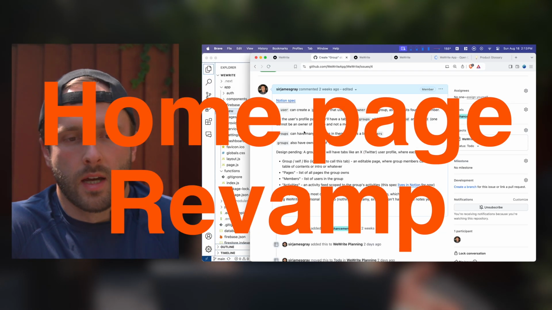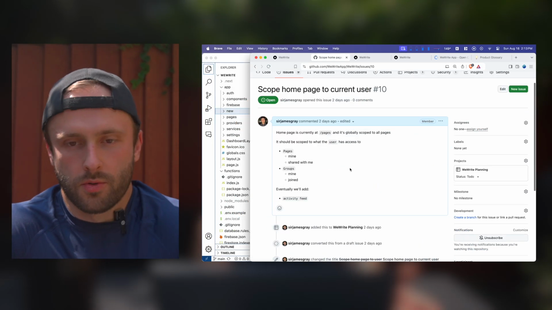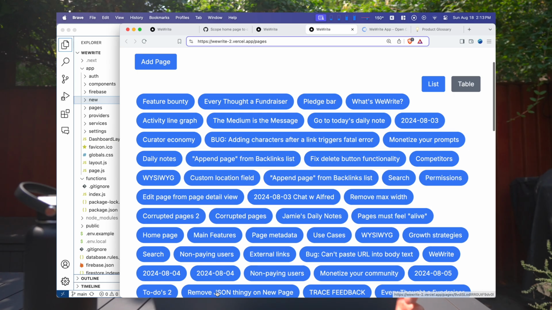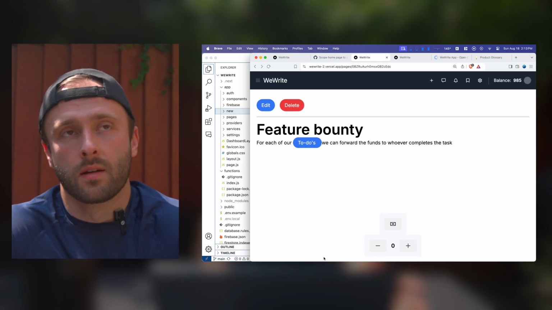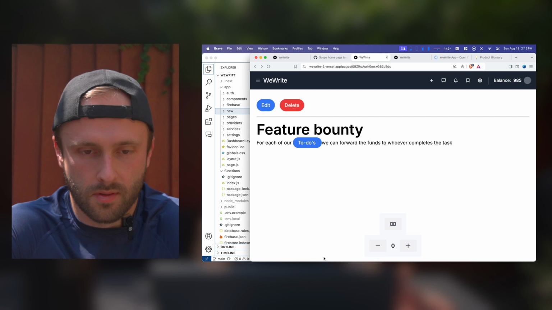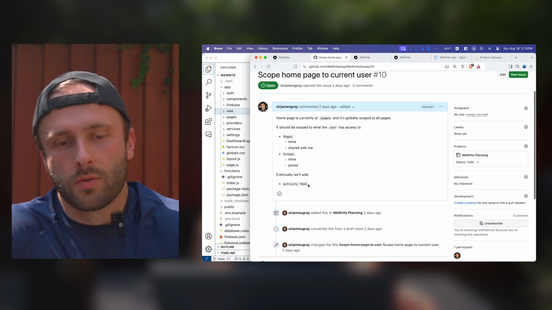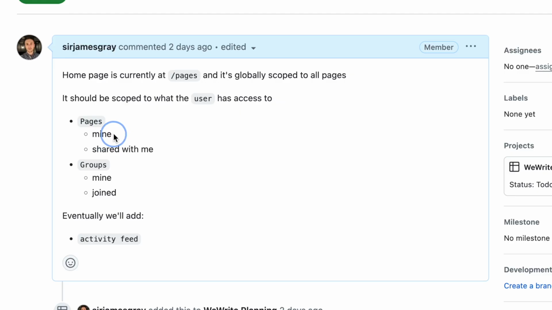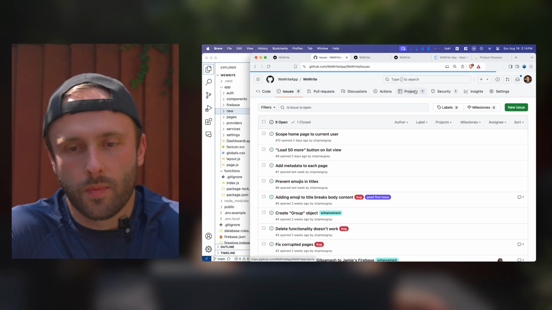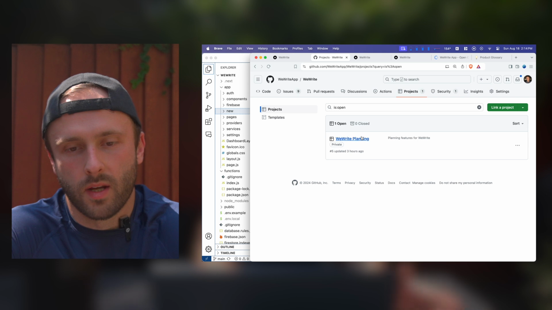And then additionally, scoping the homepage to the current user. Currently, this homepage shows every page, which is kind of insane. That'll become insane further down the road when there's thousands and thousands of pages. So what we're going to do is show the current user your pages and pages shared with you, and then you're going to see groups you own and groups you've joined. Those are kind of like immediate on the roadmap, like next steps before we can do a full